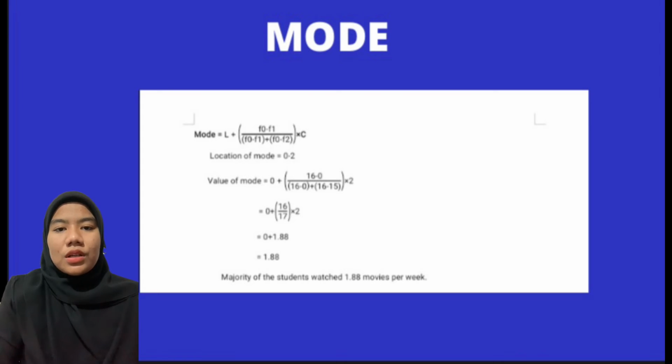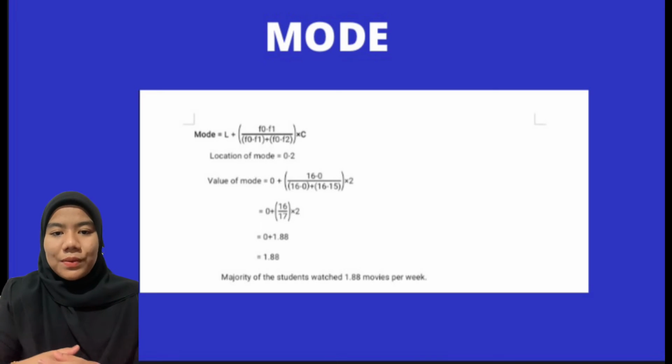For mood, use the formula: lower boundary plus open bracket, frequency of model class minus frequency of class before model class, divided by frequency of model class minus frequency of class before model class plus frequency of model class minus frequency of class after model class, close the bracket, multiplied by class width. Enter the value: 0 plus open bracket 16 minus 0, divided by 16 minus 0 plus 16 minus 15, close the bracket, multiplied by 2, equals 0 plus open bracket 16 divided by 17, close the bracket, multiplied by 2 equals